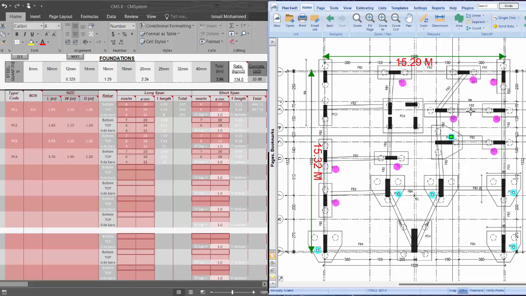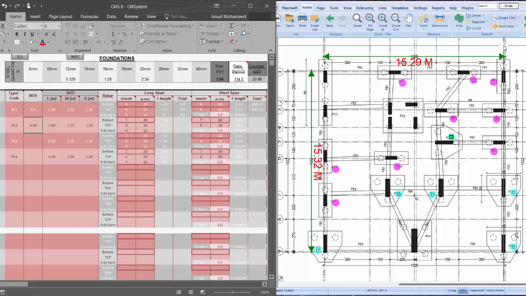The same when we choose PC2, we'll go for send data. We'll find here it is 6, the count, and directly go for the 6. So now you are automatically sending the data from PlanSwift to CMS. That's in counting. But what to do for the area and for length, which is required to understand and